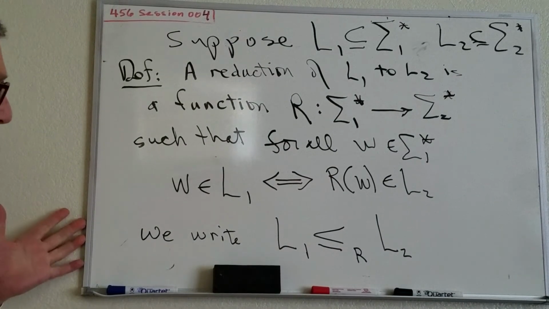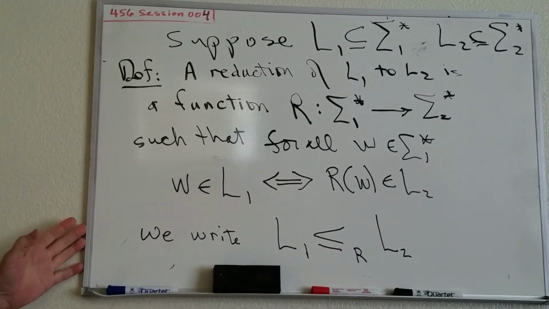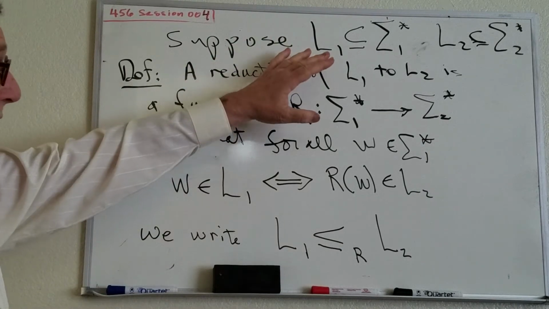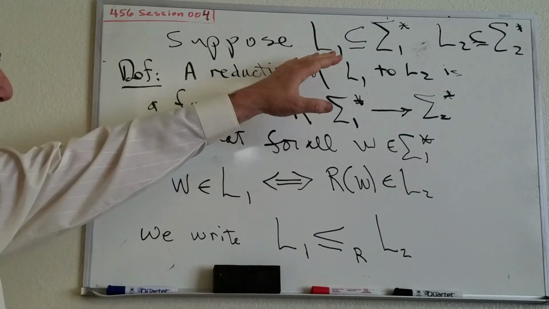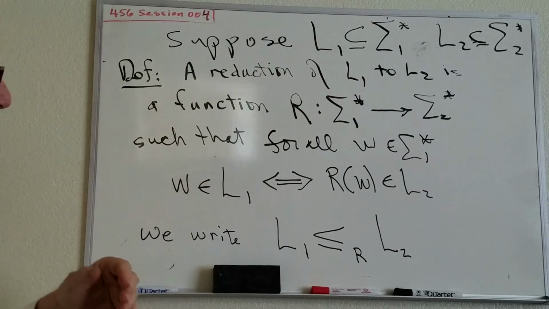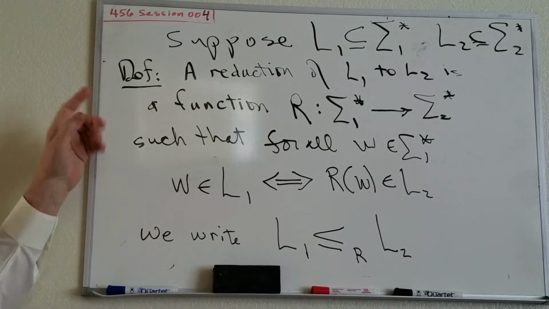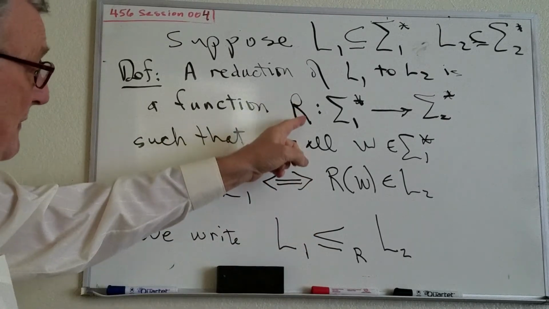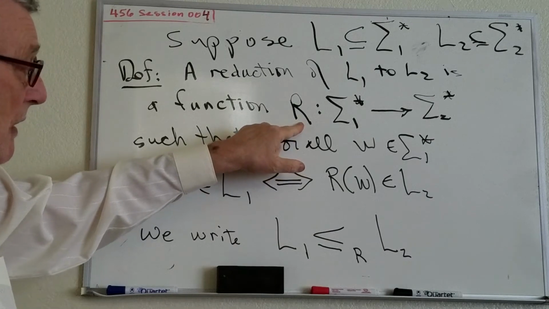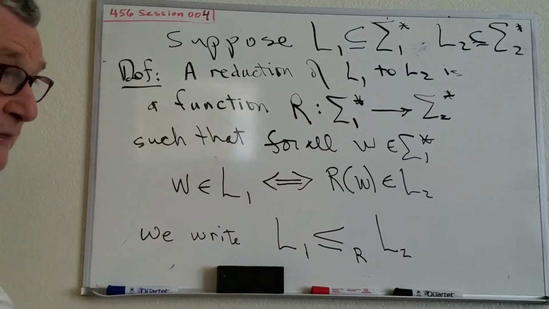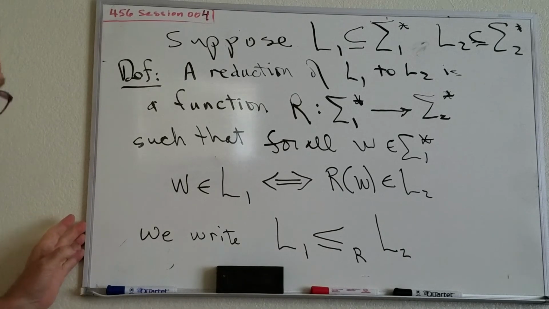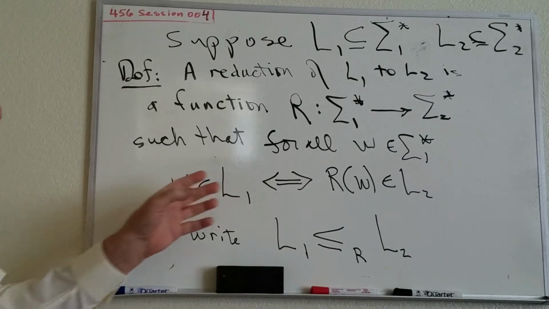All right, I'm going to refresh your memory on reduction here. Suppose we have two languages, L1 and L2 over the alphabets sigma 1 and sigma 2. And then a reduction of L1 to L2, we write that this way, is a function R from strings to strings. All strings over sigma 1 to all strings over sigma 2,